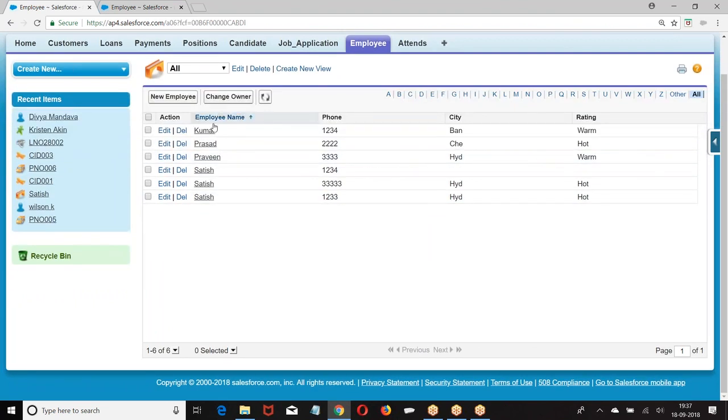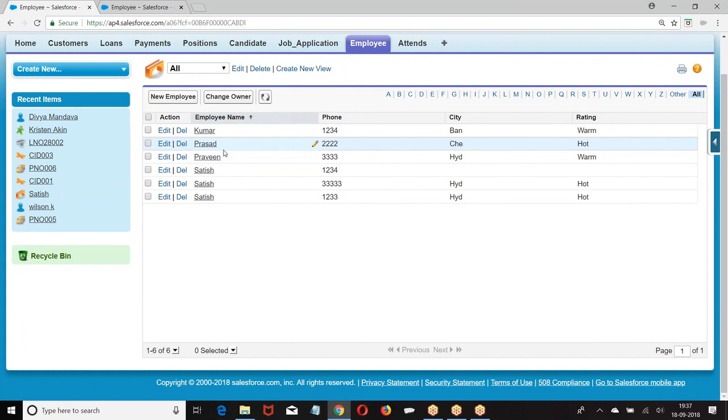Now look at this. Why was the extra set not inserted? I told it to match by name. These names already exist in the database, so duplicates are not inserted. While inserting the data, if you want to avoid duplicates, use match by. When you say match by name, if that name already exists, the record will not be inserted.